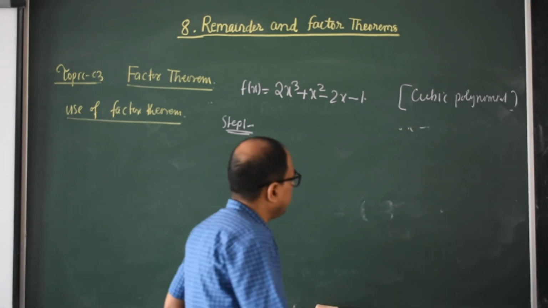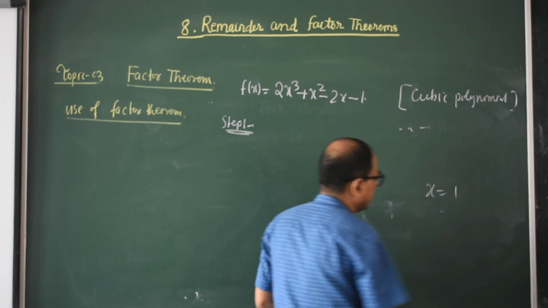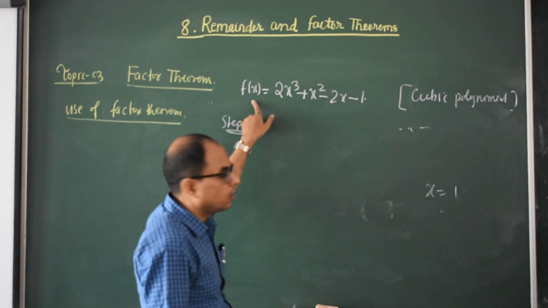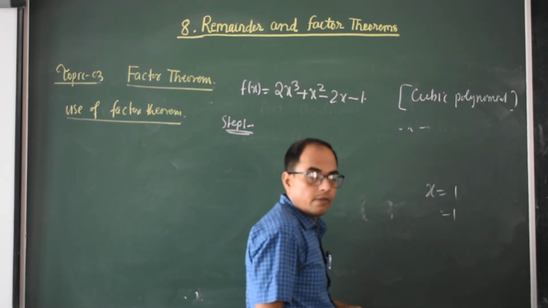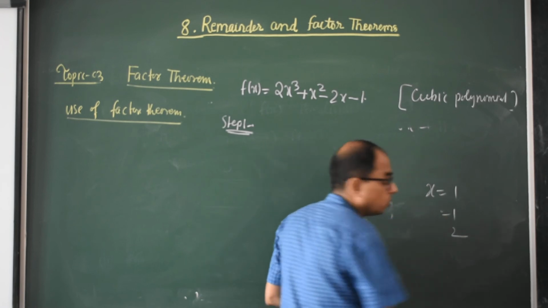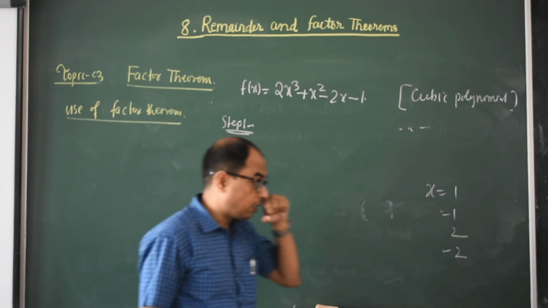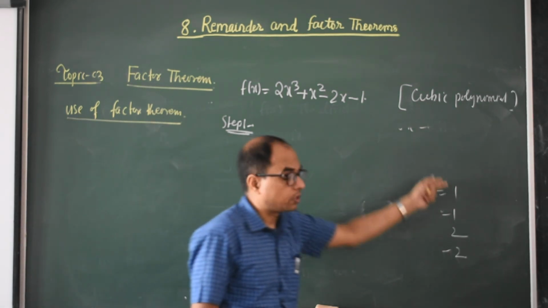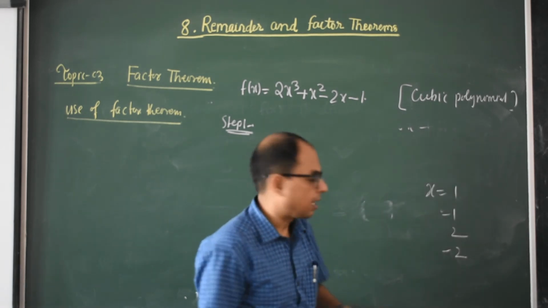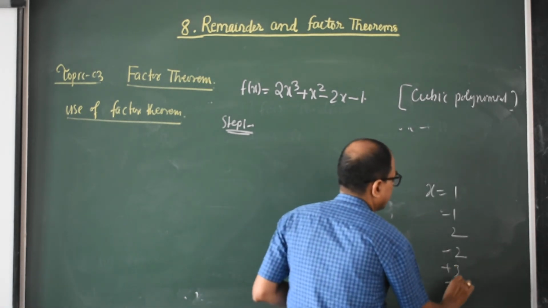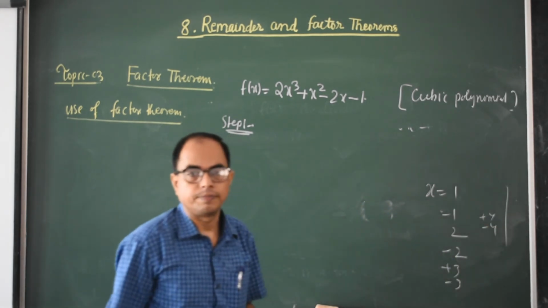So for hit and trial, you can try with 1. If you are getting the value of the polynomial 0, then it is okay. Otherwise, try with -1. Clear? If you are not getting 0, then try with +2. Again, if you are not getting 0, then try with -2. In this way, you can try with smaller numbers. Clear? And definitely it will be very easy. Hardly in +3 or -3 or hardly +4 or -4 you will get the first factor.